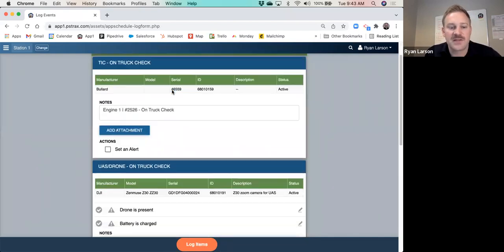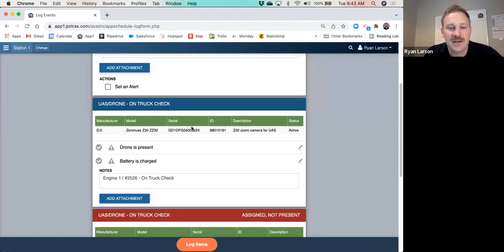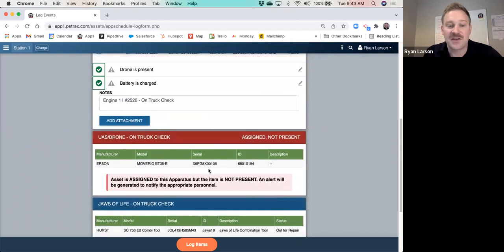So for the first ones, this is just a basic inventory check. So we don't have any tasks we need to mark off. We're just confirming that we have it. For our drone, we do have a couple of tasks. So we need to make sure it's present, and then we need to make sure the battery is charged. On our second drone, this is the one that I marked as missing. And when something is marked as missing, what's nice is it'll create an automatic alert for the administrator that that item is no longer present. So that way you can kind of start the search process of trying to relocate that item